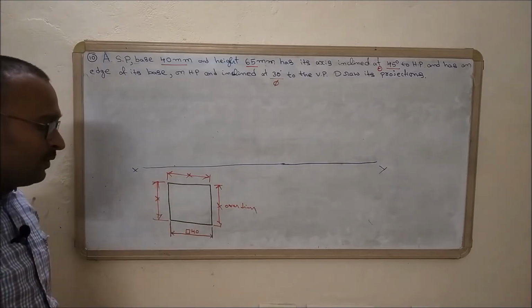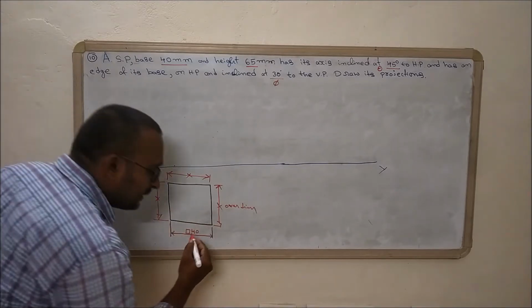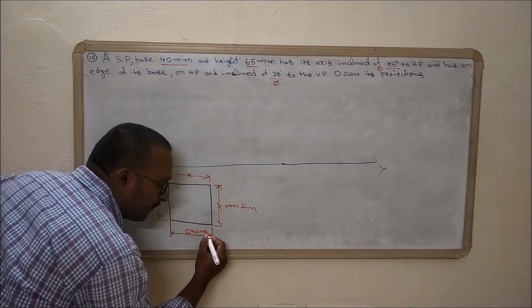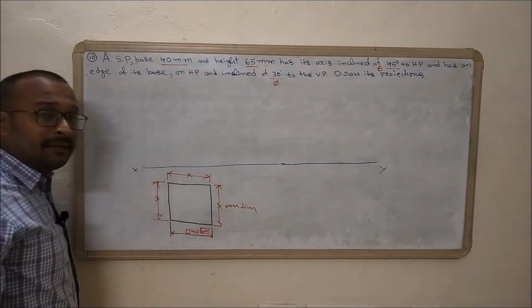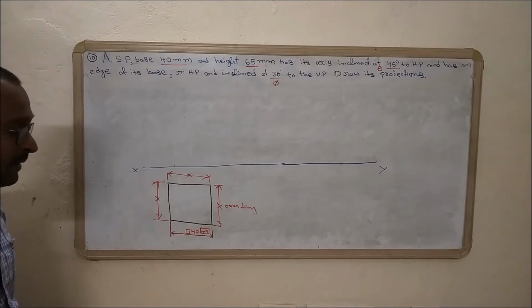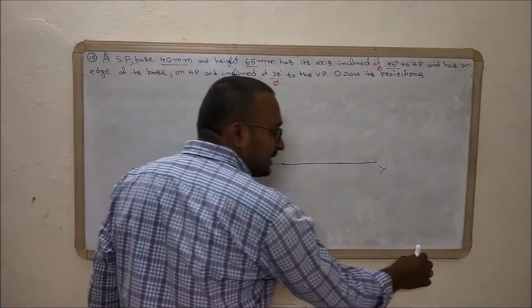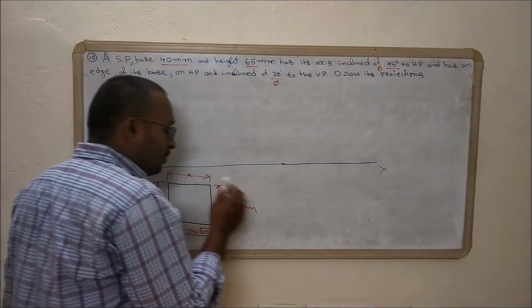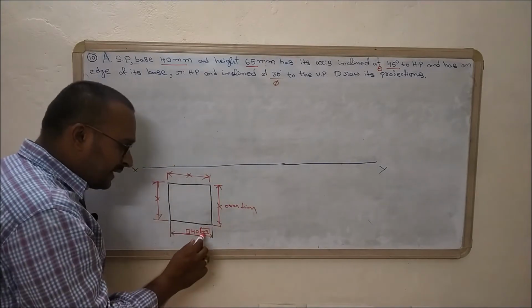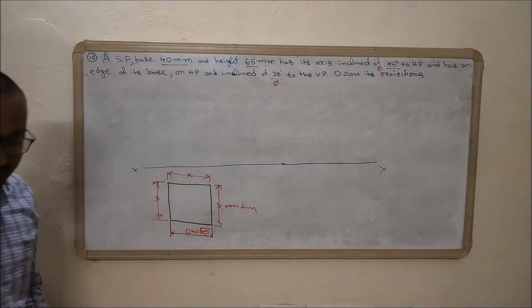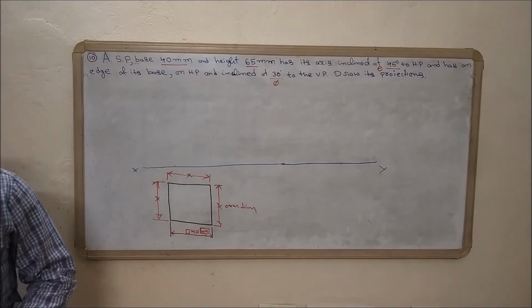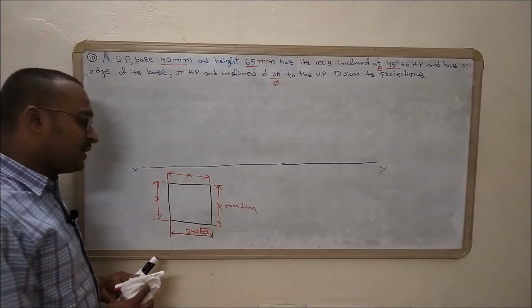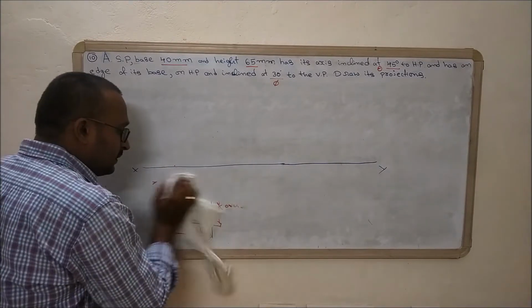At the same time, a few people marked 40 mm. We should not write 40 mm, because we are going to mention that all dimensions are in mm, so you need not represent mm again. Please remember. About 10 to 15 people made mistakes like this. Please make it correct.